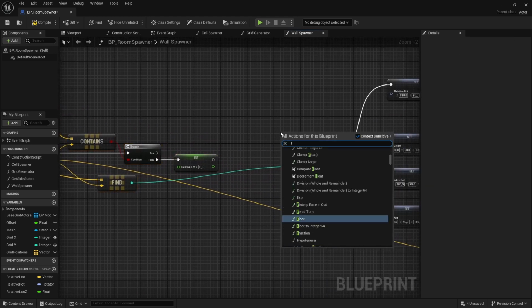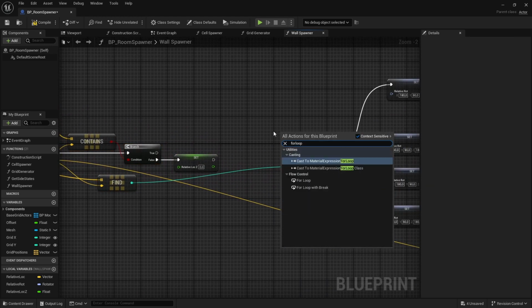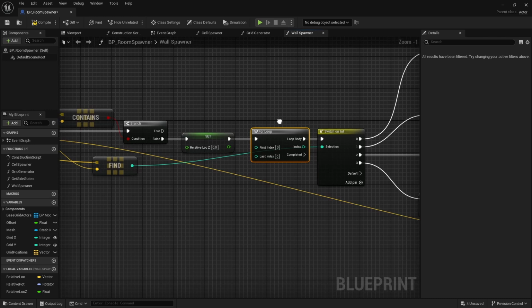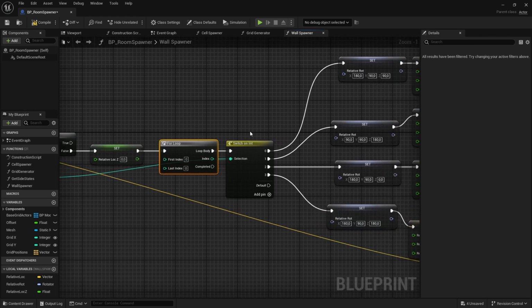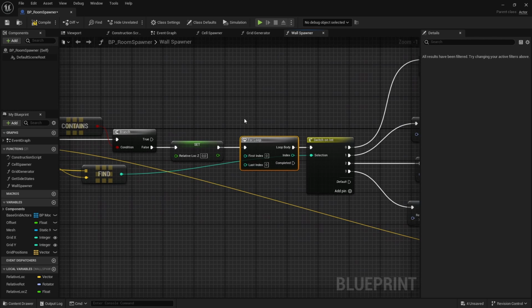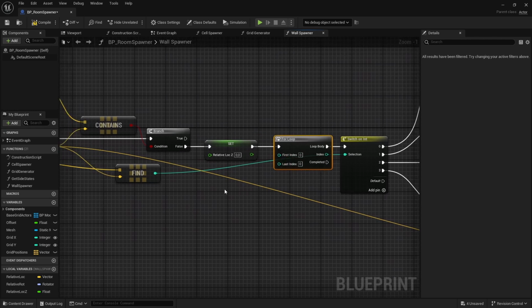And then a for loop. You just connect the rest of the code to the loop body, and it will be running from 0